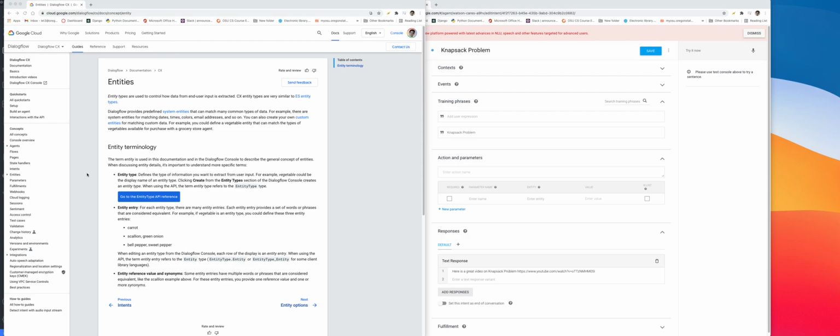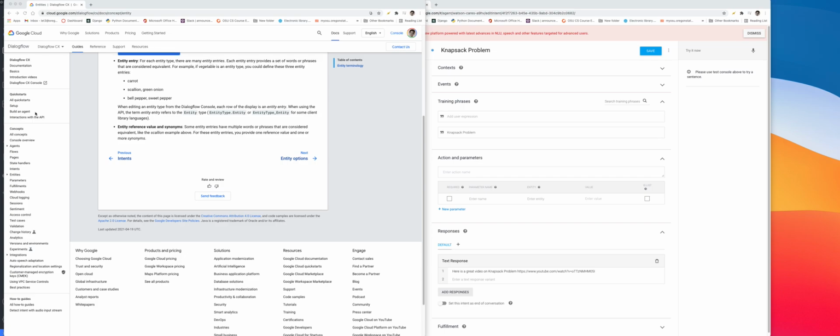Update for the week. So basically we started out with just researching which chatbot API we were going to use, and we ended up using Dialogflow, which is Google's chatbot API. And this here's the documentation that I went through,